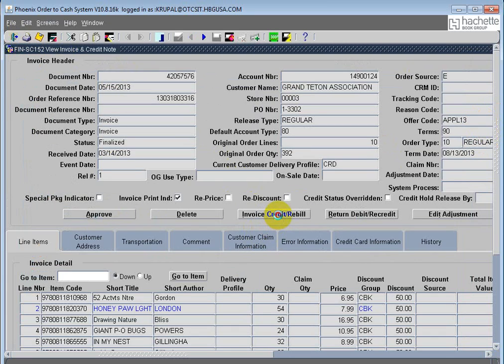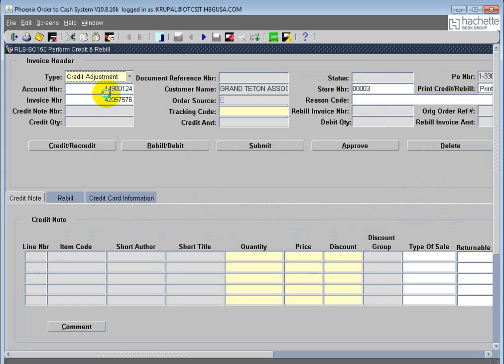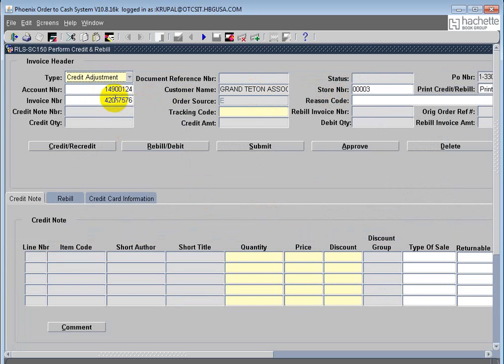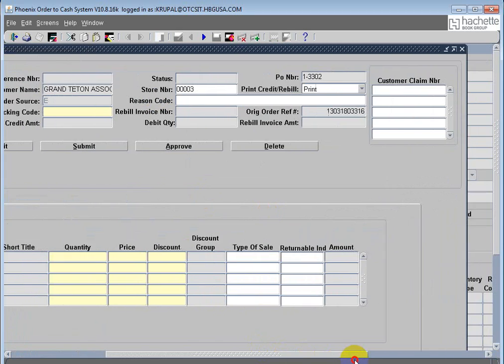First I'm going through this. See, account number, store number, invoice number, order source, PO number, print indicator. This means this credit should be printed in the Xerox files. Did you check the Xerox file? No. Just like, know the process completely, but we didn't validate the Xerox file with the records, right? You're saying